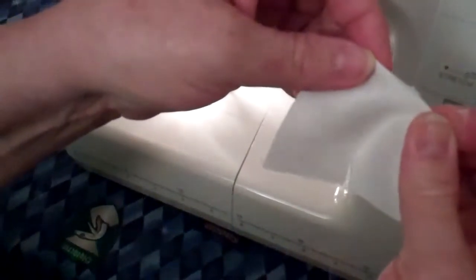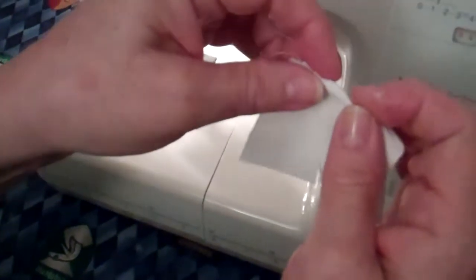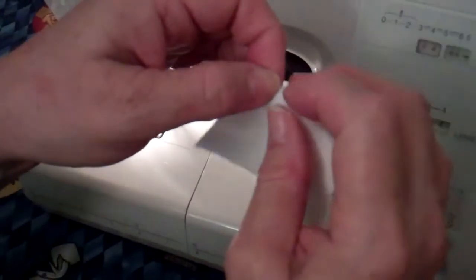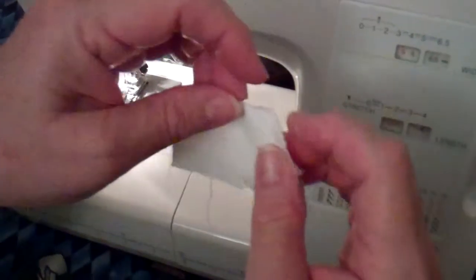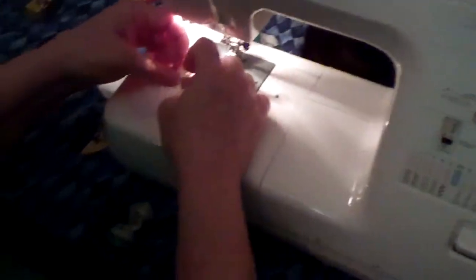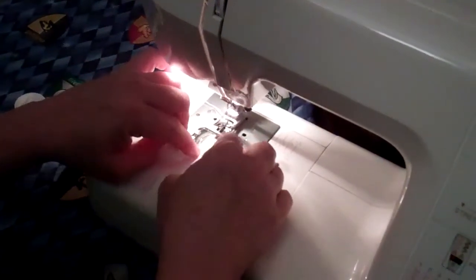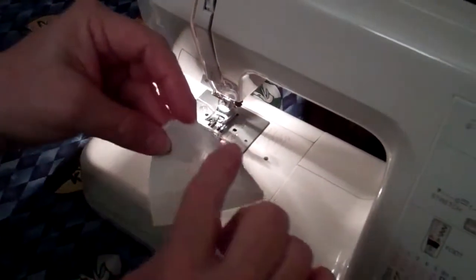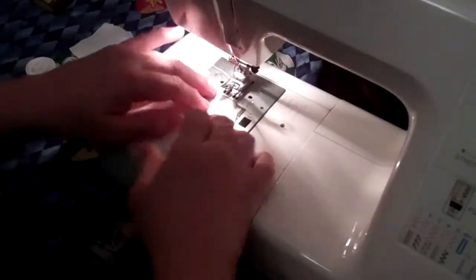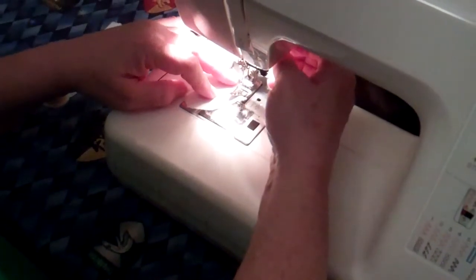And that was why I had said sometimes with doll clothes you might actually find that now that you've done this, you might actually want to do a tiny basting hem rather than do it this way. But that's up to you, how you want to do it. Because it's a little bit hard to do that round hem that way. So, once again,